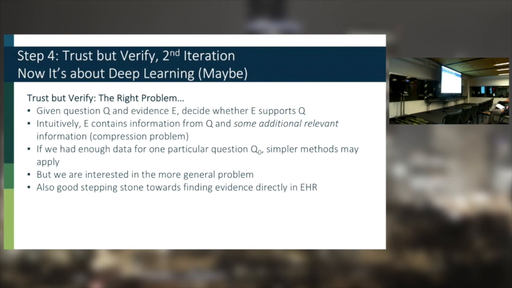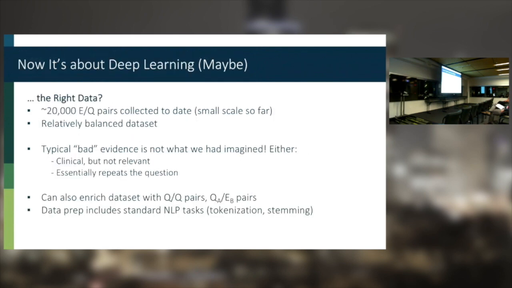So we have a good problem here to solve. But do we have good enough data? So this was a pilot deployed for a few procedures, and it took us a few months to develop it, so it's been in production for, I don't know, since earlier this year. So we have about 20,000 question evidence pairs. All right, we're not even talking MNIST level of data here. So in terms of scale, we need to take everything with a grain of salt, both in terms of overfitting, in terms of, we can't have huge networks. We're going to have to help them a little bit with some feature engineering.